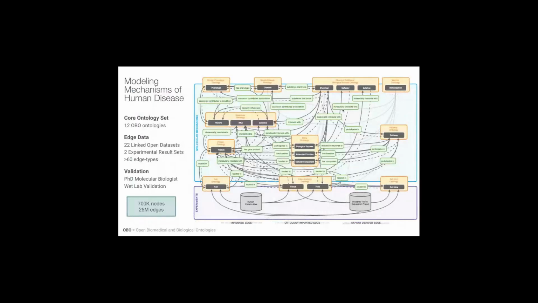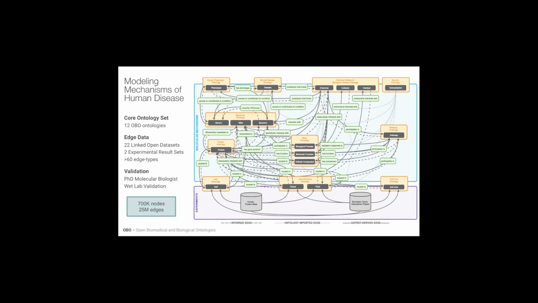This figure illustrates the knowledge representation that we use to construct the human disease mechanism knowledge graph using Phenolator. The purple box represents experimental data, and the blue box contains the molecular mechanisms that we developed by integrating open biological and biomedical foundry ontologies, which are shown in green and gold boxes. Edges between the ontologies are created by integrating other data sources that are not part of an ontology, so those are the solid black lines. Dashed lines represent relationships that are inferred from the relation ontology, and dotted lines represent relationships that exist between ontologies